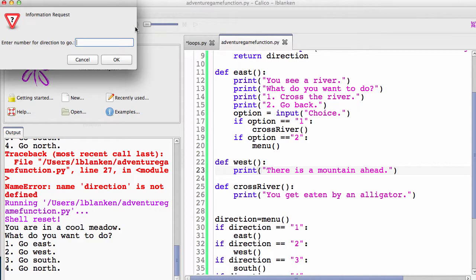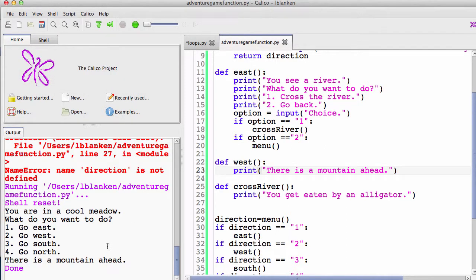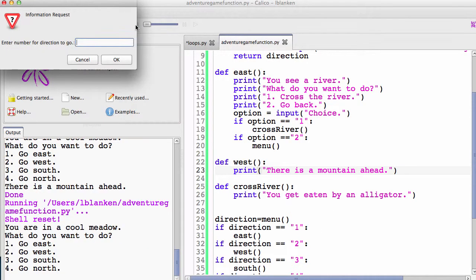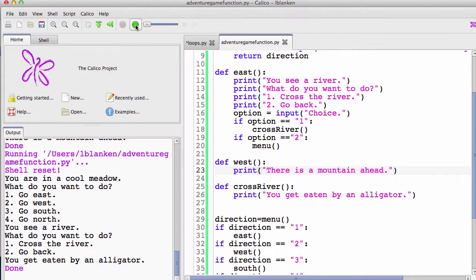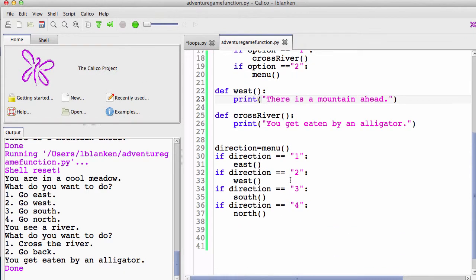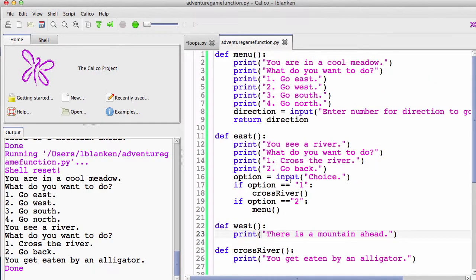So we're going to run this again. And now that we have direction assigned, we should be able to put anything in. Let's go to the west since we just put that. And it just tells us there's a mountain ahead. So we got no errors, so everything worked out very nicely. Now let's go to the east. And we want to go across the river. And we get eaten by an alligator. So obviously we die. So this is how your adventure game is going to work